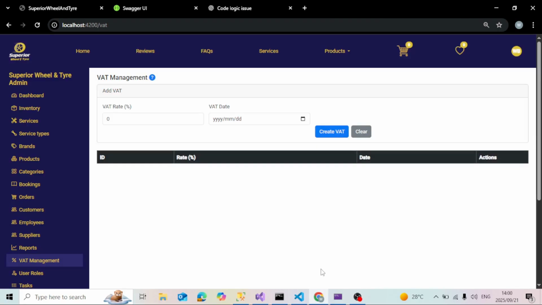This is the VAT management tab. Now we're going to show you how we can create a VAT. We can pick maybe 15%, and then we choose today's date, and then we click create VAT, and it displays